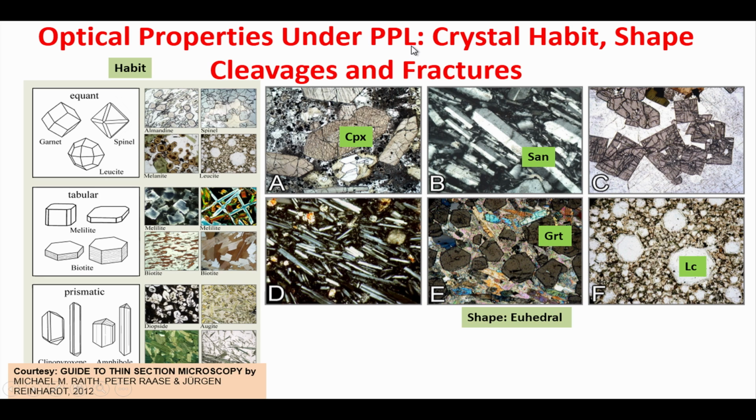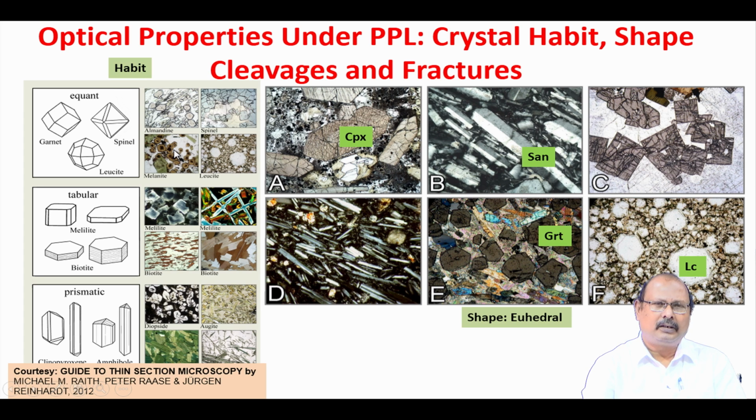So, generally what do we study? We study crystal habit, the shape, cleavages and fractures, as well as other properties which we will study slowly here. So, what is important here? You see what is habit here. Certain minerals are equant, particularly minerals belonging to the isometric crystal system. They are in all the 3 dimensions broadly the same distance here. So, these are some minerals, if you cut them they will show as equant minerals here,